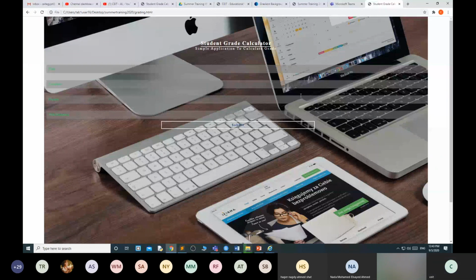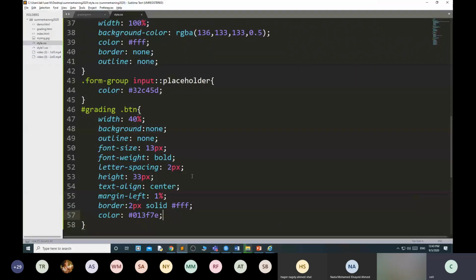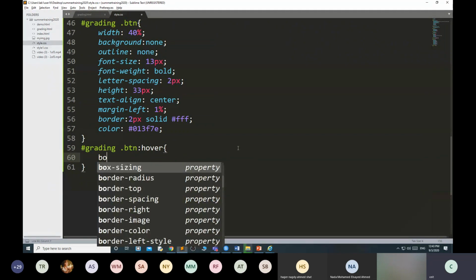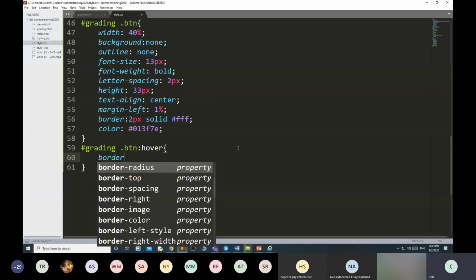Okay. Then what I want is that when I hover my mouse, this border color will change and this text color will change. That is very simple. Here you have to write grading .btn:hover. When you hover your mouse, what do you want for your border?